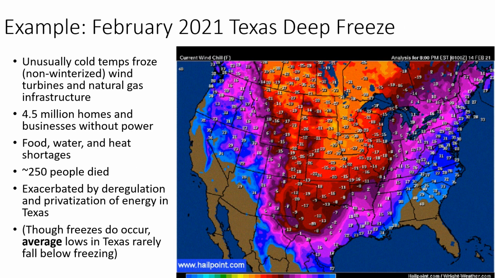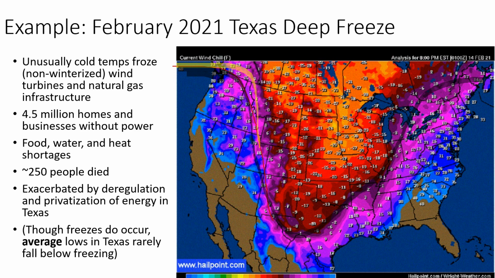And a really good example of that is the 2021 Texas deep freeze, where we have the jet stream wobble, bringing this jet stream that is bringing this cold air further south into the United States. In this case, into the central United States, Oklahoma and Texas. Okay. During this event,